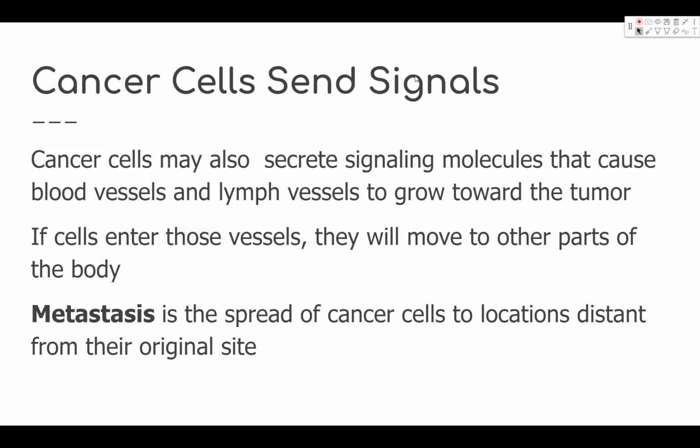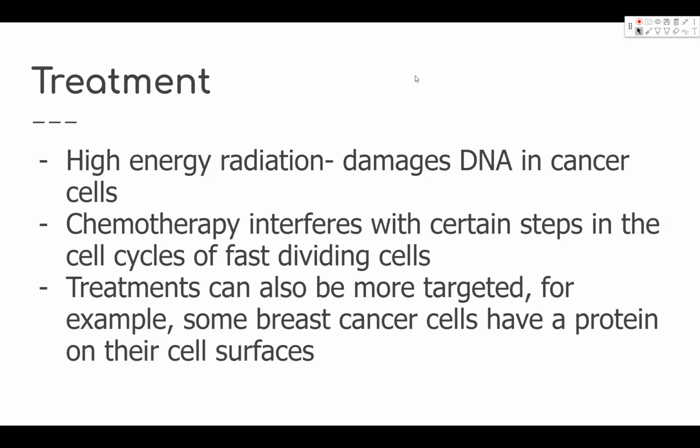So, cancer cells can send signals to kind of change body layout to their advantage, which, when we think evolutionarily, is pretty amazing, but also just amazing in the worst possible way. Now, we know all of this stuff about how cancer cells interact with one another and interact with the body,